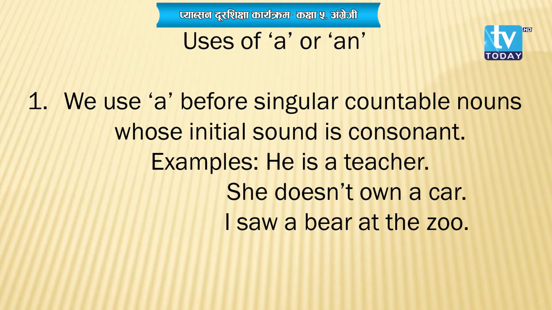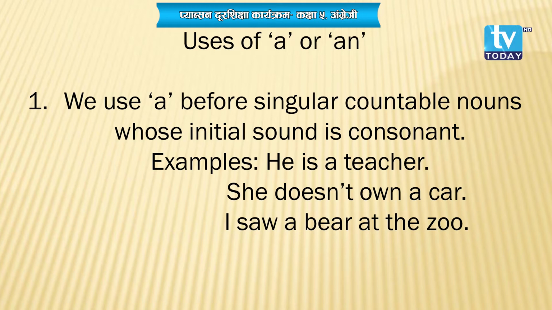If it is countable and singular in number, we can use the article a or an. If we say he is a doctor, one doctor, two doctors, three doctors, we can count them, and we are talking about a single doctor, so we can write: he is a doctor. Some more examples you can proceed with there as well.